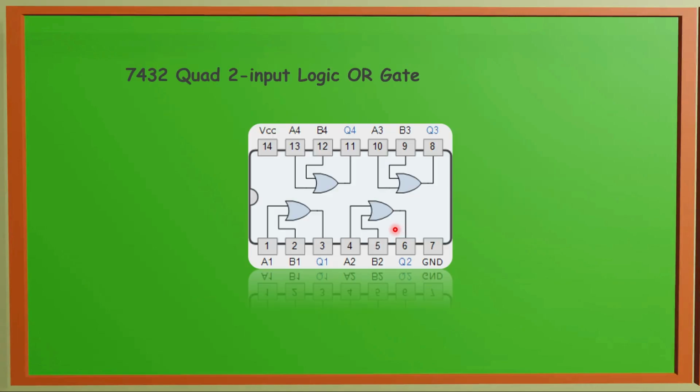These logic gates can be used in the form of ICs also. There are already previously manufactured ICs for various gates. For example, this is 7432 quad 2 input logic OR gate. There are 4 OR gates inside this particular IC. This IC will look like a normal IC, but if we want to use it as OR gate, we can use it as OR gate. There are total 4 OR gates connected inside this particular IC.